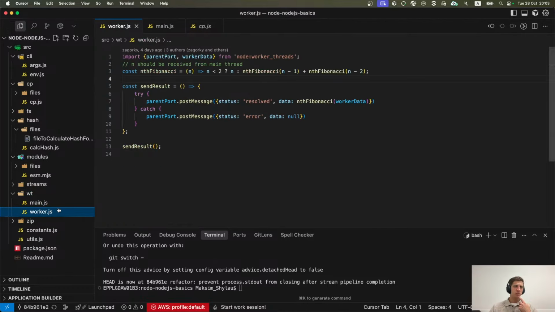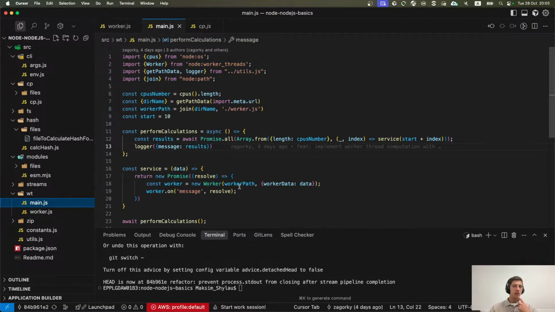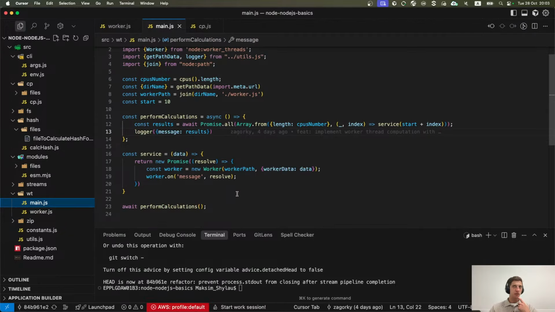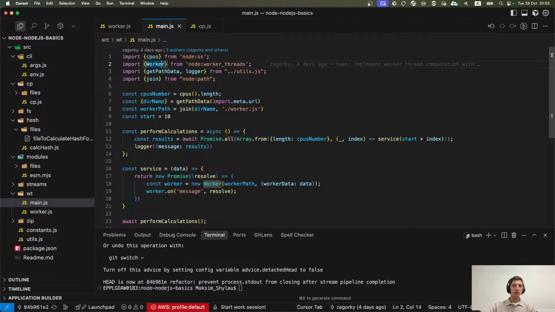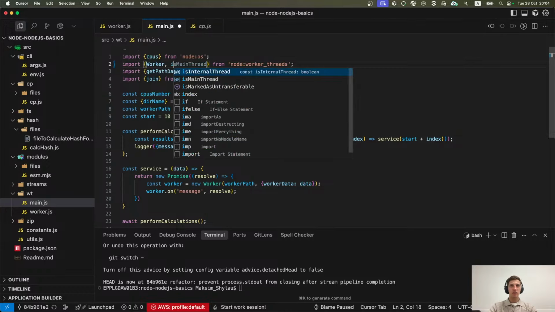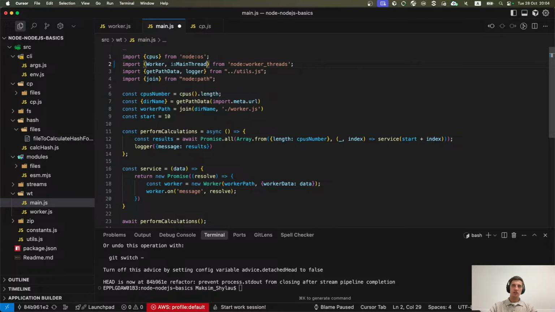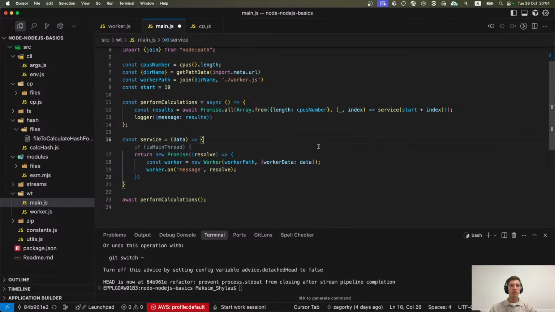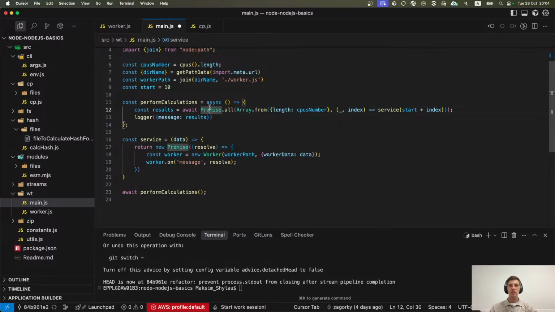One important note about worker threads. You do not have to create two separate files. You have some flag, isMainThread, or isWorker, or only isMainThread. I don't remember exactly. Maybe child processes have two flags. So you can write logic for your worker and for the main thread inside the same file.